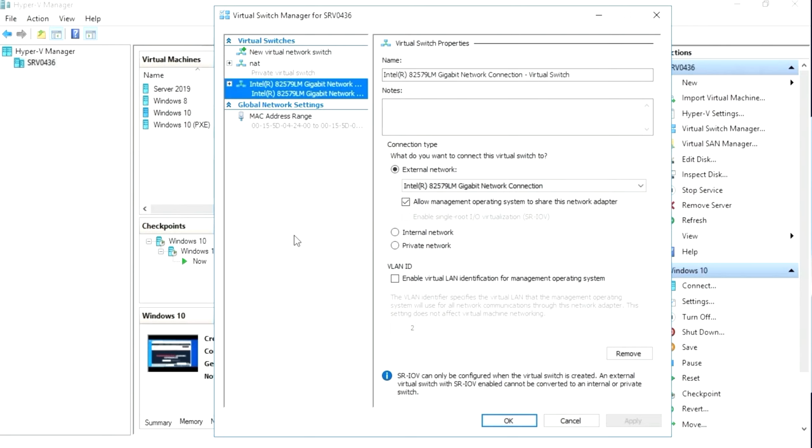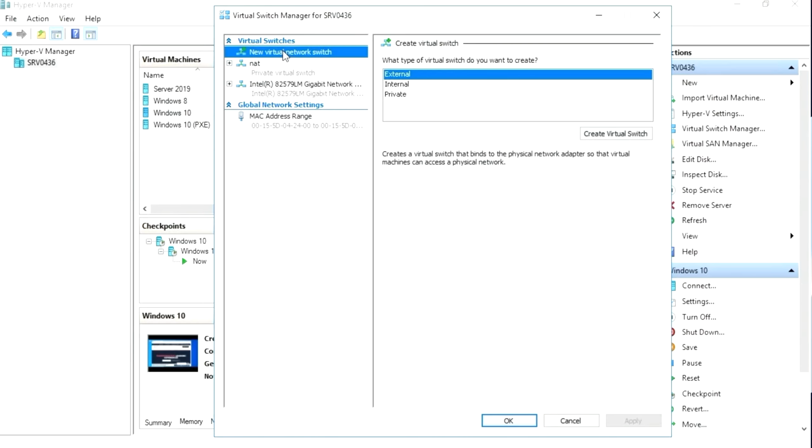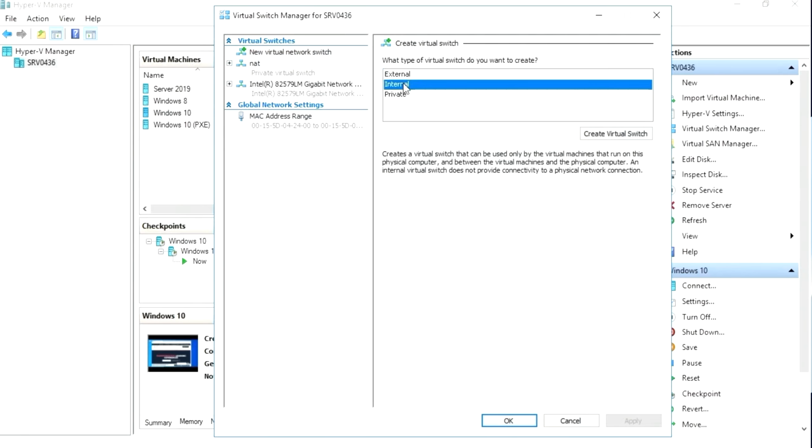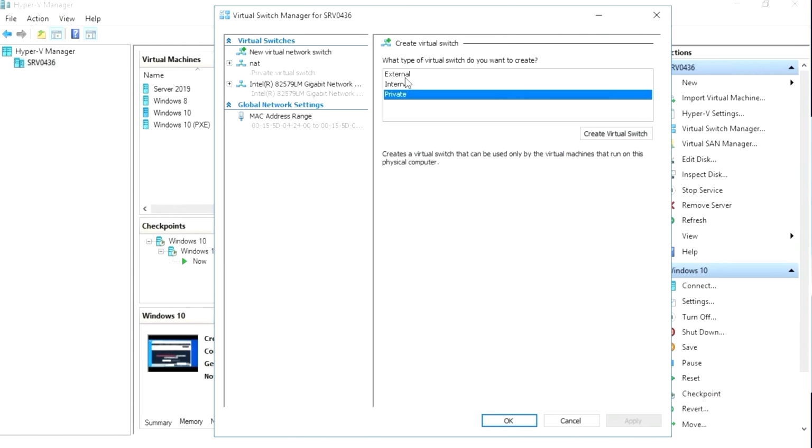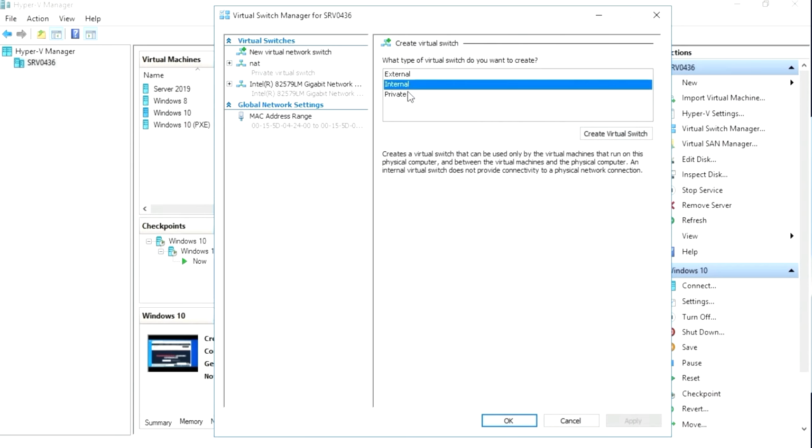Now, that said, there are three levels, if you will, or three different types of virtual switches. So if we go back to the new virtual switch option, which is the default when you open this window, it gives you the ability to create a virtual switch, and there are three types: external, internal, and private. And as you click on each one, it gives you a description down below.